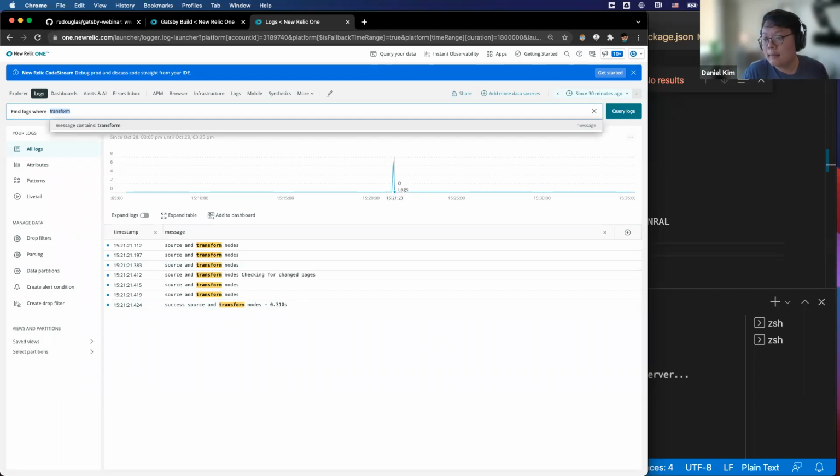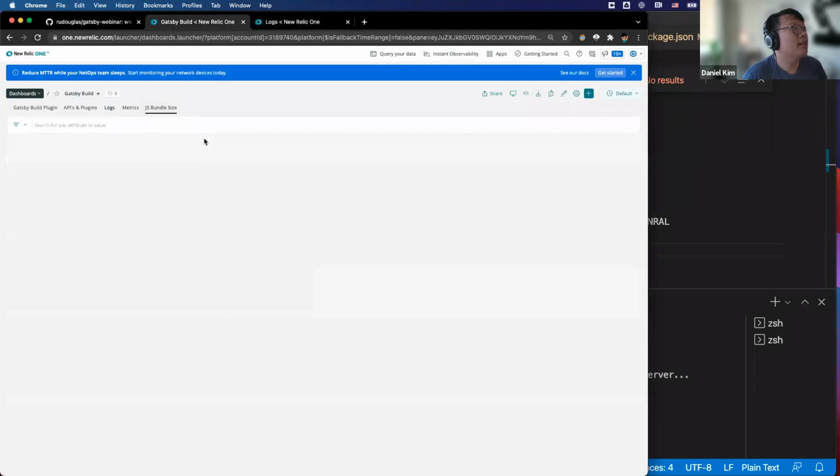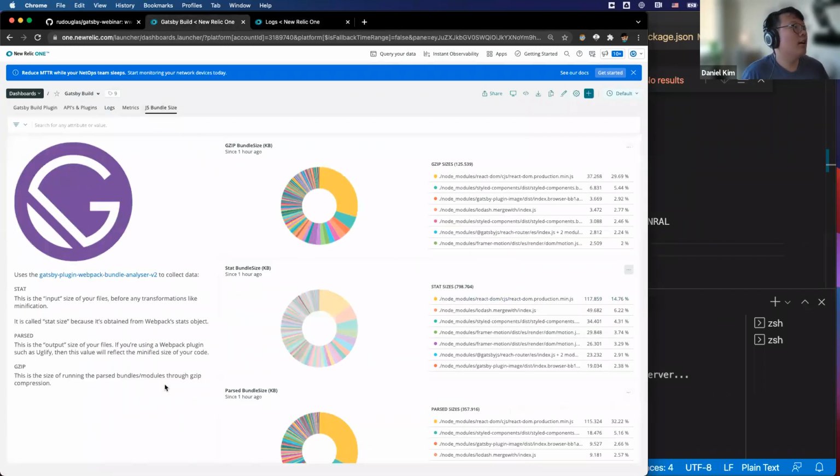But yeah, the next thing I want to go over in our dashboard is JavaScript bundle size, which is really cool. So something that our team had a little bit of trouble with when we were deploying our very large website is measuring and reducing our bundle size for our Webpack.